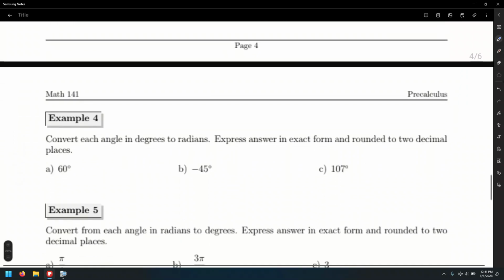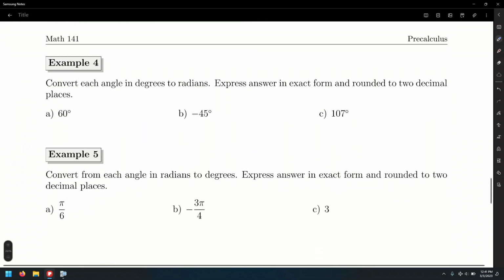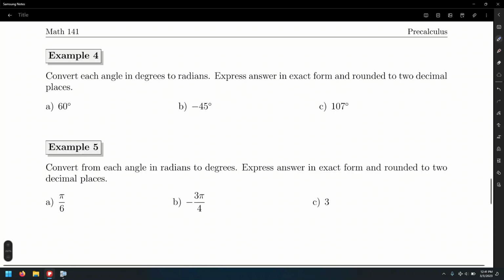Convert each angle in degrees to radians. Express in exact form, that is in terms of pi, and also round it to 2 decimal places. Okay, so to convert